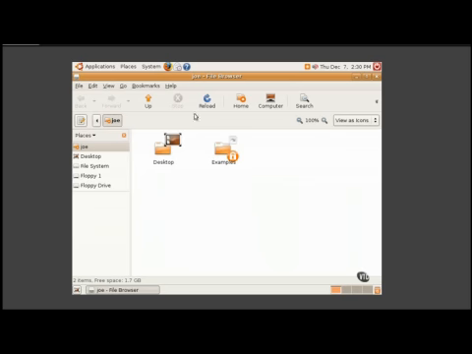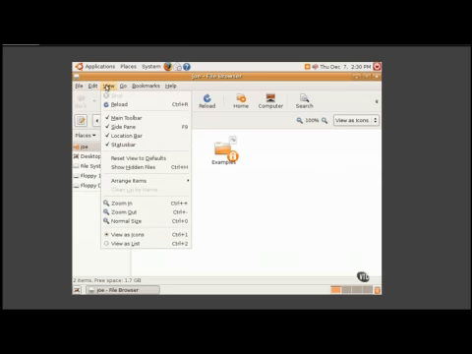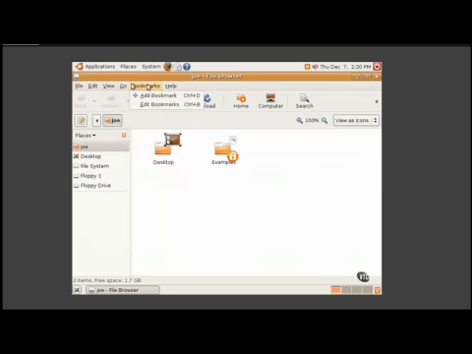Now, the very basics at the top are the File, Edit, View, Go, Bookmarks, and Help menus. There's also an icon bar: Up, Reload, Home, Computer, and Search. The next section of the top half of the screen contains a shortcut and buttons that appear and disappear as you navigate the menu tree. This will become more evident later on.